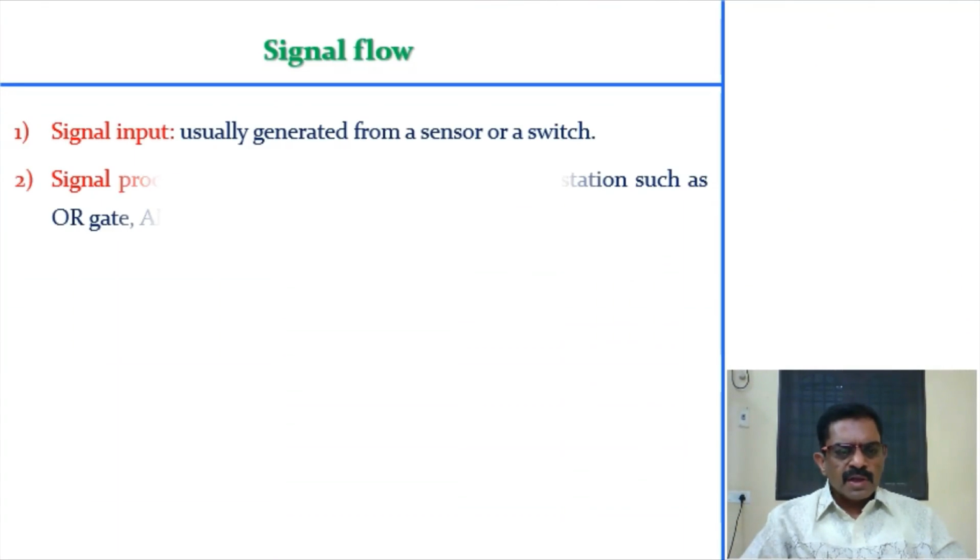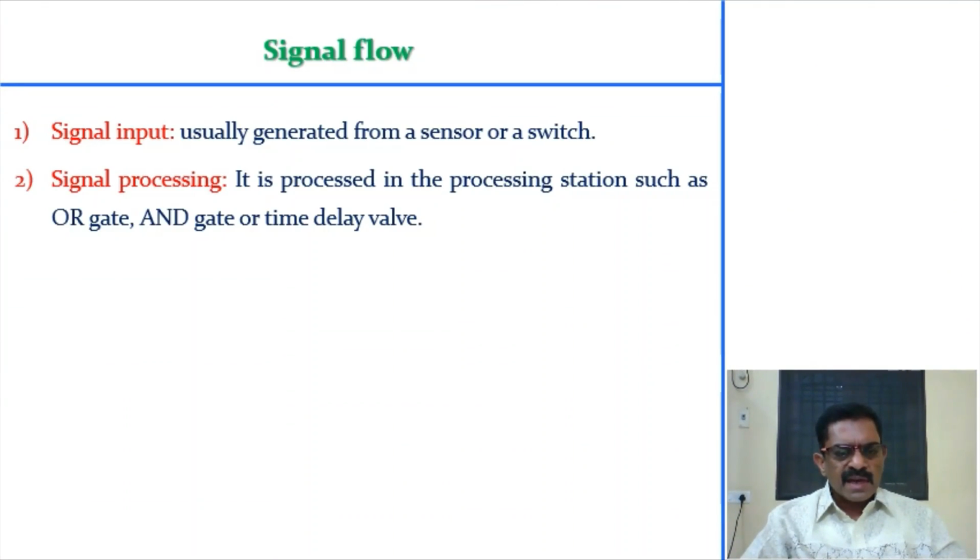Signal flow: signal input, as we discussed in the last slide, is usually generated from a sensor or a switch. Signal processing can be a logical function or even arithmetic counting, so you can use a counter. There is an element known as a timer, a beautiful component in this area, with which we can have the sequence successfully for any operation. You can set a time. There are two types of timers we have already seen: on delay timer and off delay timer. These are the two timers we can widely use.